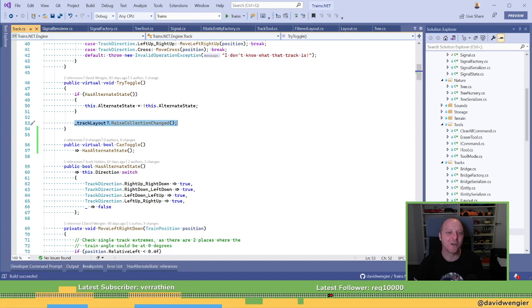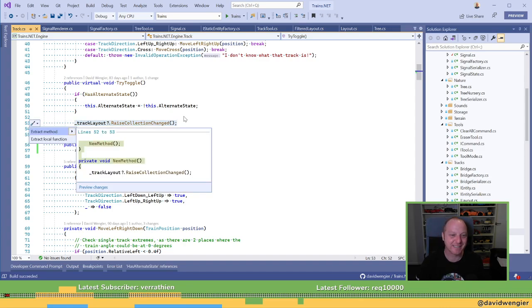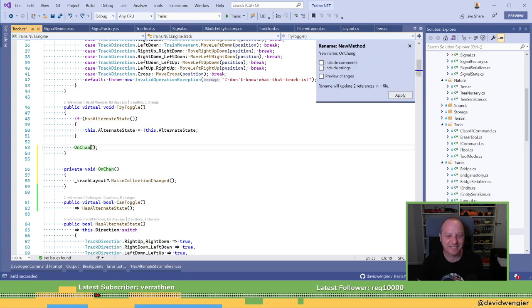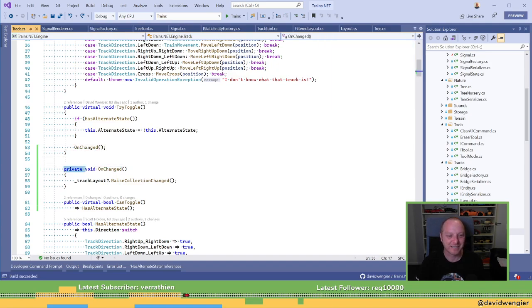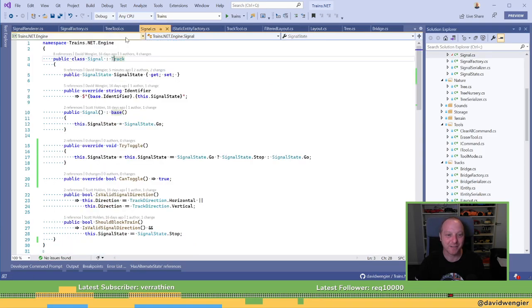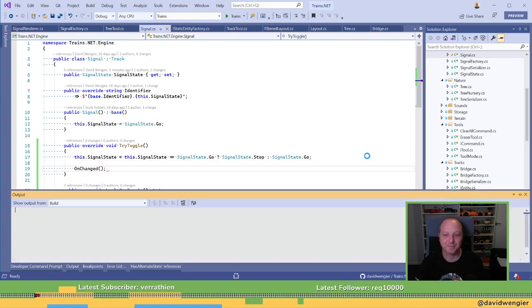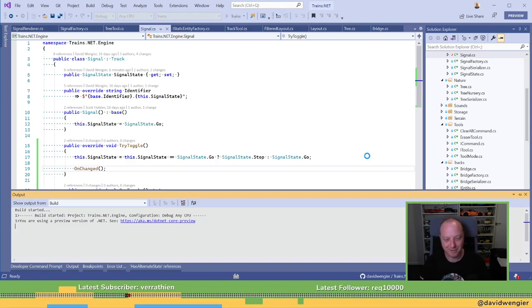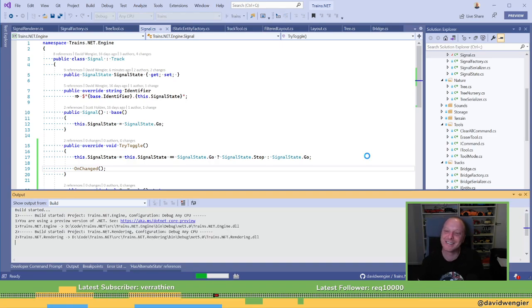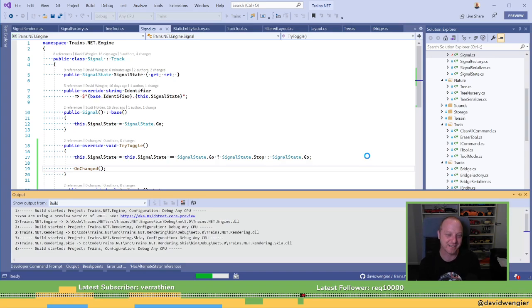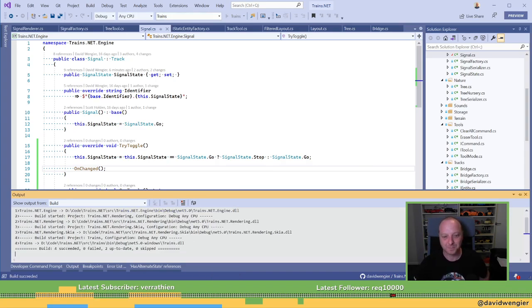Oh, that's just odd. Okay. I mean, I guess that makes sense. On changed. There we go. There's some technical debt I'm sure I complained about on a stream when I wrote it. It's like, well, this is shit, but never mind. Alright, so now this should work. And I think we can even test it with trains, which will be fun.